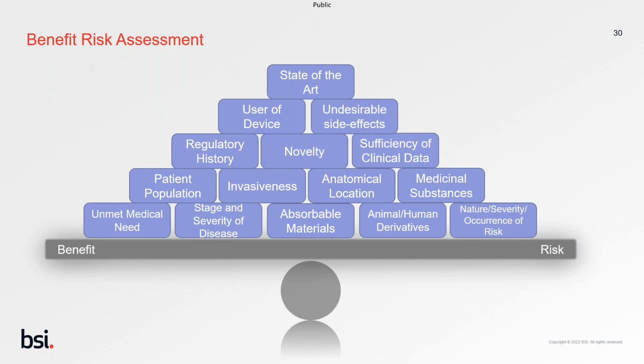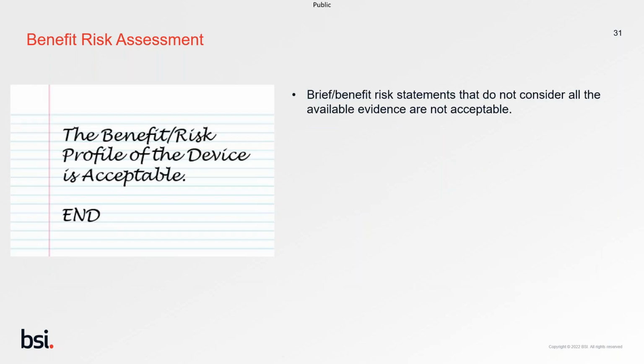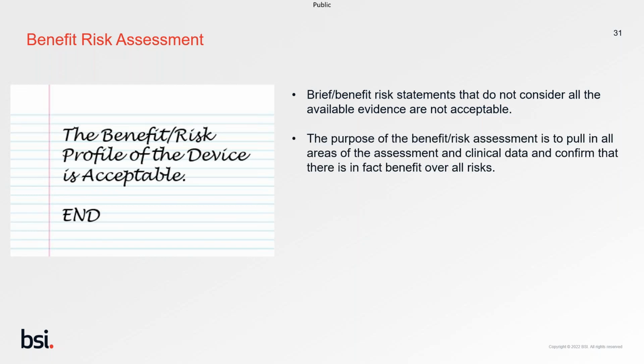One of the common things we often see, and quite frustratingly, is that we've done a very good review of your clinical evaluation report. You've got fantastic data supporting all variants, all indications, and then we just see these simple statements in the clinical evaluation report. A simple statement saying that the benefit risk profile is acceptable. Really, that is not the purpose of a benefit risk assessment. Benefit risk statements need to consider all available evidence and really think about the overall picture. And this really does help to pull in all the areas of your assessment, all that clinical data, bring it together and start to highlight the conclusions that you're making from that data that support both benefits and also justify the acceptance of those risks.